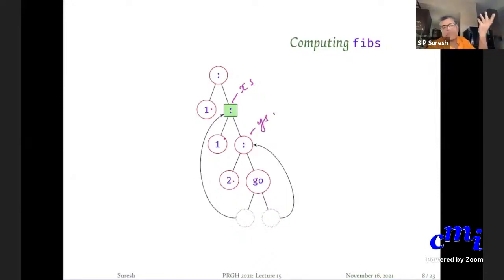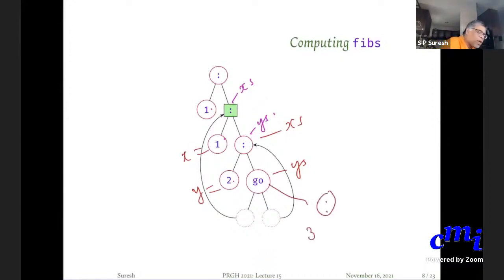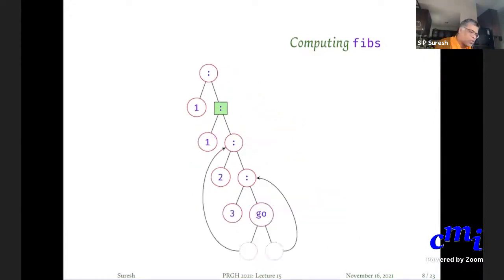So it has progressed further. And if you expand this go, it will become 3 followed by, now x's is this. I'll change color. Now x's is this and y's is this. So it will now move forward, and x is 1, y is 2. So it will now become 3. This whole thing will become 3 followed by go of, and then the pointers will be appropriately adjusted as you will see here.